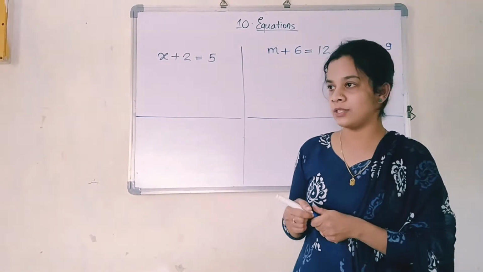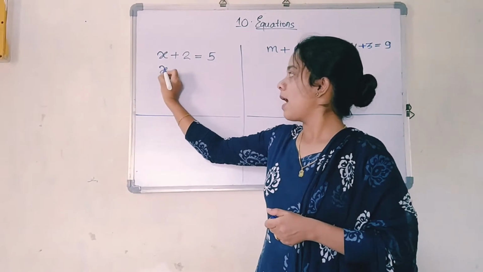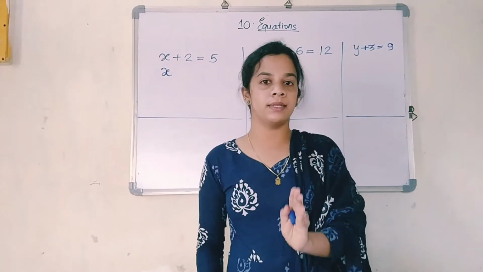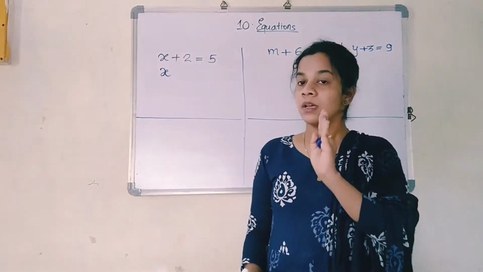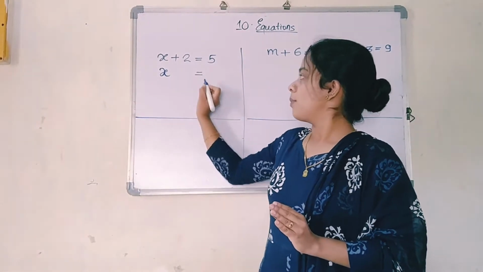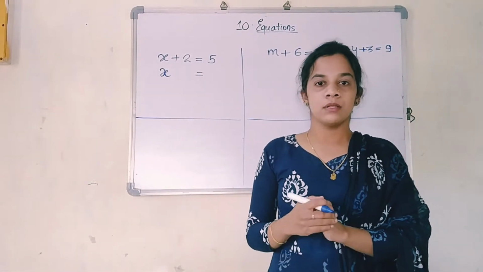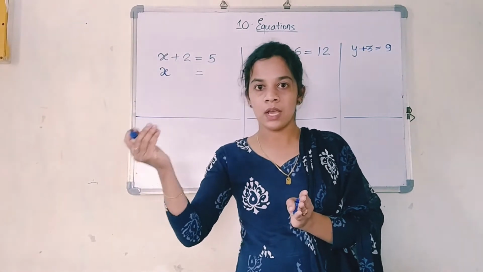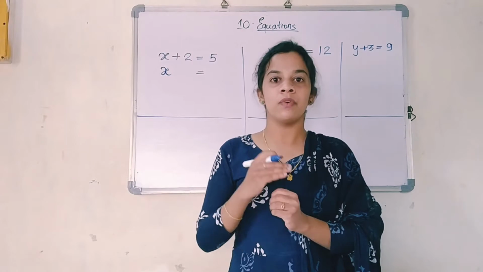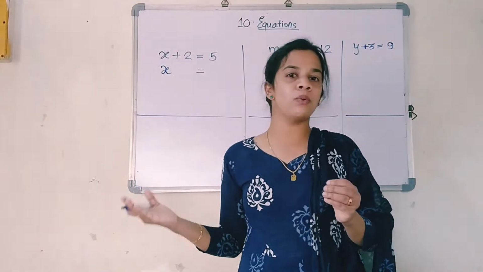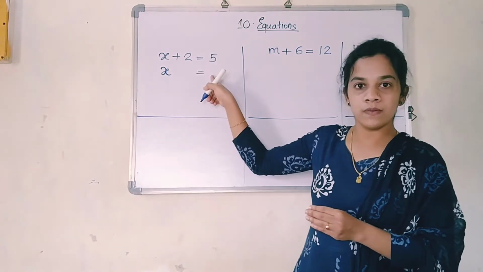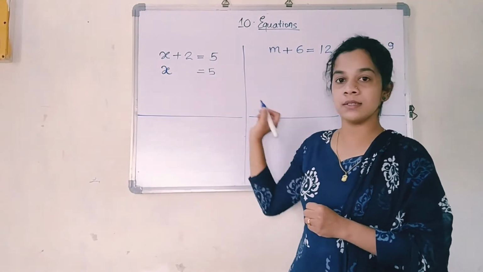So method 1 tells you x will be as it is. The variable which is given will be present as it is. It is not going to change its place. This equal sign also I am going to write as it is. Now suppose I have told your brother to shift to some other place. He will go to some other room. When he goes to some other room, he is not going to adjust immediately. So the owner of that room will remain the same, as it is.